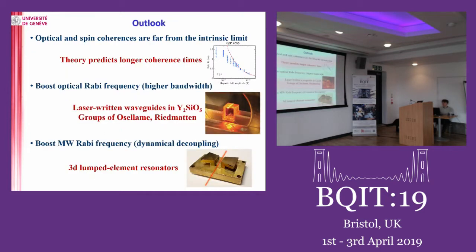But obviously, to really go further, there are many things we need to do. And the three key areas I would say we need to work on is that, while we have decent coherence time now, actually our theory predicts even longer. Maybe you noticed there was a red curve here, and actually it goes up quite much higher. We would like to understand why. Did we not cancel the bias field properly, or is there some other mechanism we haven't accounted for? So this is one of the most important things I think we need to address.